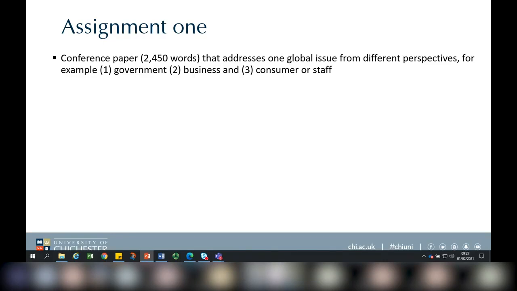Now, the reason for that is if you go to a conference and you write a paper and you're invited to talk about that paper, you're going to want to connect to that audience quite well. And in order for you to have a balanced piece of paper, you need to think about different perspectives, not just one. It might be that you feel really, really passionate about deforestation caused by palm oil production, but actually you need to think about what the good things are for the community for that as well.